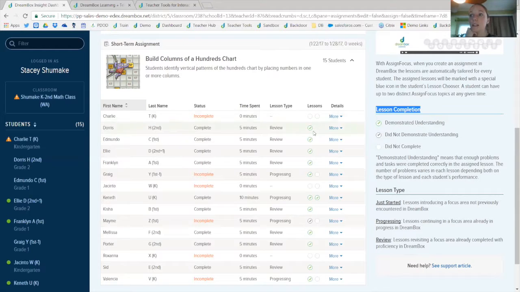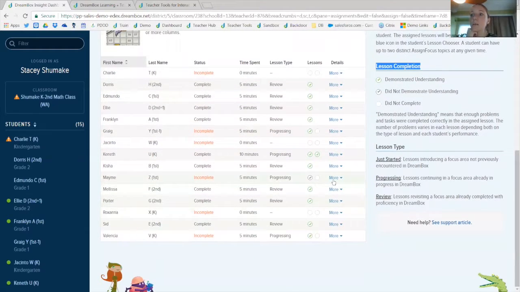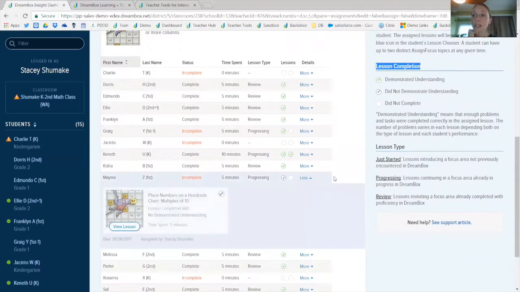So here I look at the lessons. Now for any kid who hasn't completed a lesson successfully, like for example, let me pull it up a little closer, Mamie here, when I click the More button, I can view that lesson and I can play through that lesson with the student. So that can be really helpful if I had multiple students who were at the progressing level and they didn't get through a lesson with demonstrated understanding, then I can click that View Lesson button and we can play this as a group,